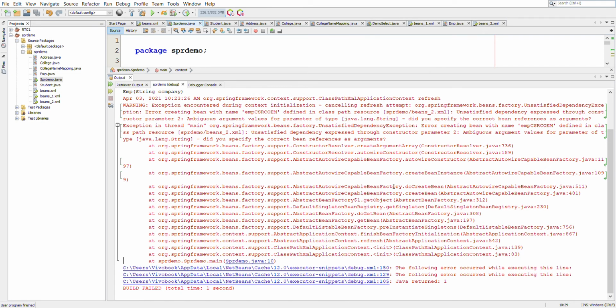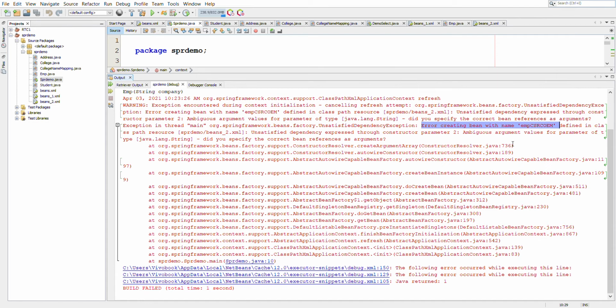it is still giving us an error, but now it says there is an error when creating the bean with EMP CS RCOEM. So now it has successfully created the bean EMP RCOEM, but it has given us an error while creating the second bean, which contained only the department, right?